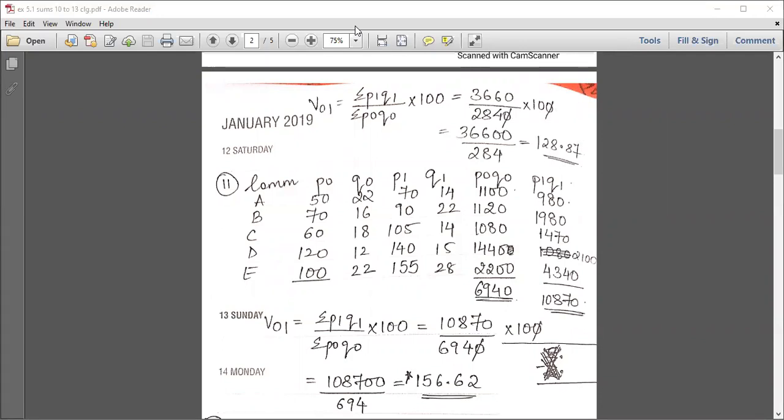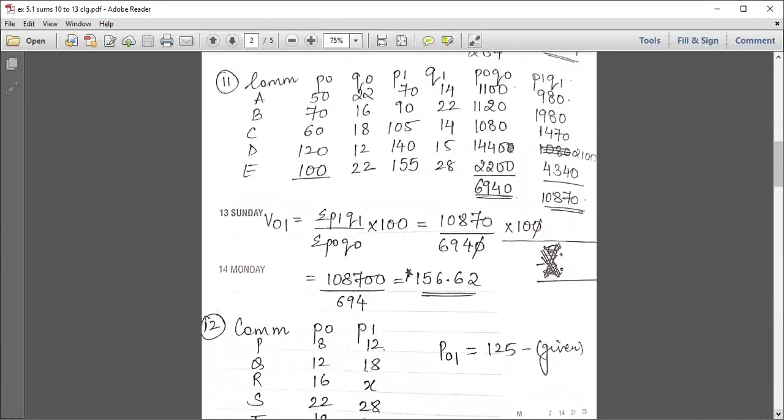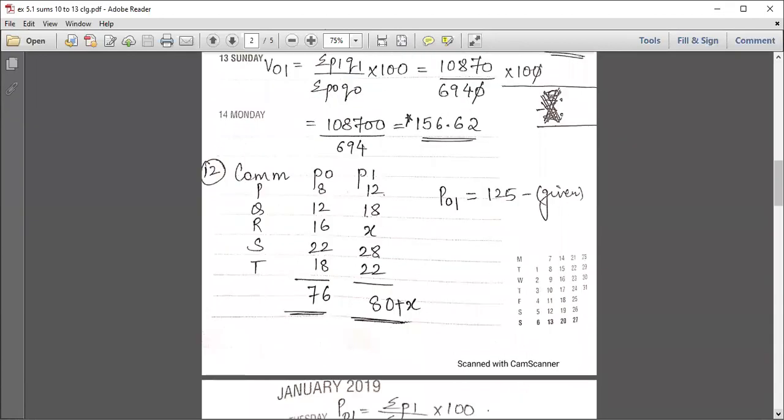Okay. The next sum, number 11, is the same type. Commodity, P0, Q0, P1, Q1. The same pattern you're following in this sum as well. So I won't take much time in this sum, and I'll not do the working of this one now. I'll leave it to y'all to practice with the help of log and check whether you get the same answer as I've written over here. Okay. So with this, index number gets over. Remaining 2 sums are there. We'll finish off with them fast. They are much easier also.